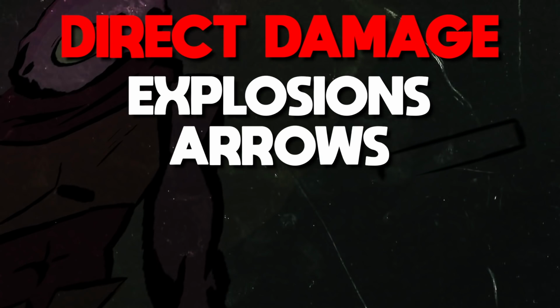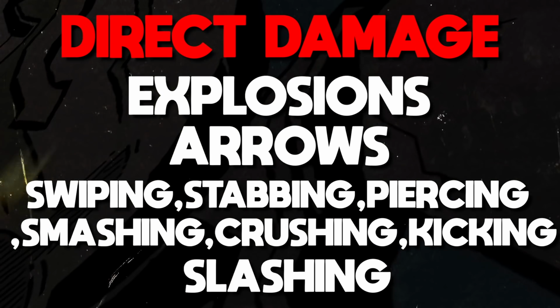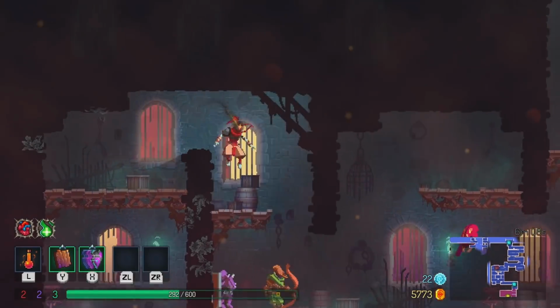More importantly, to round off our game's conditions here, if it does any direct damage, be it through explosions, arrows, swiping, stabbing, piercing, smashing, crushing, kicking, or slashing, check it at the spawn door, because it's not going to fly in this challenge. So with the mode laid out, I was set to embark on a new and inspiring journey